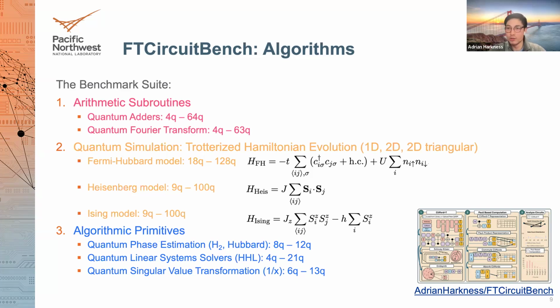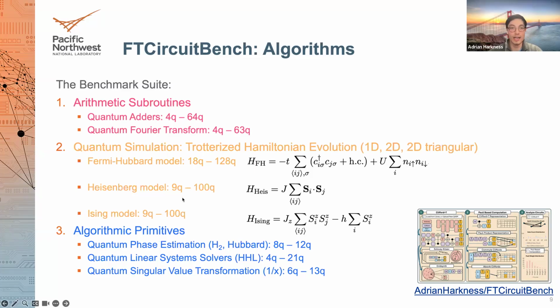So we include Trotterized simulation of well-known lattice models in one dimension, two dimensions, and 2D triangular lattices. Specifically, we have the Fermi-Hubbard model ranging from 18 qubits all the way up to 128 qubits. The Heisenberg model ranging from 9 qubits to 100 qubits, and the transverse field Ising model from 9 qubits to